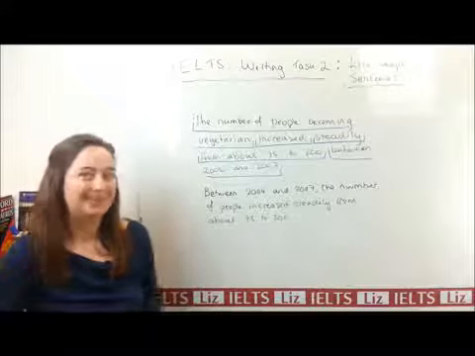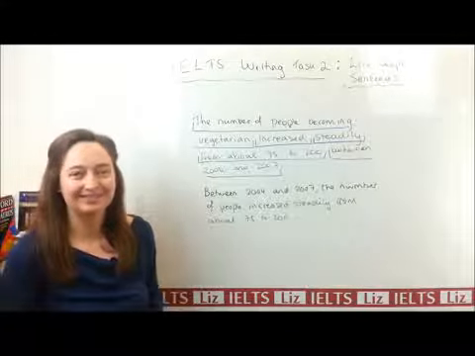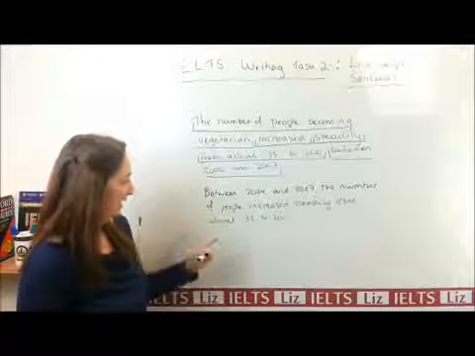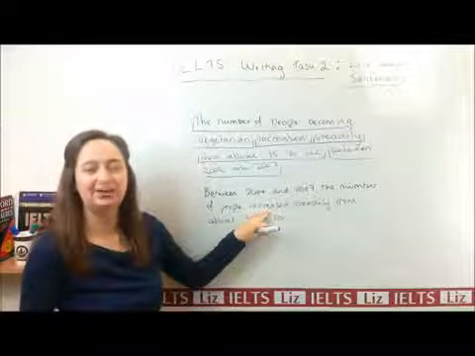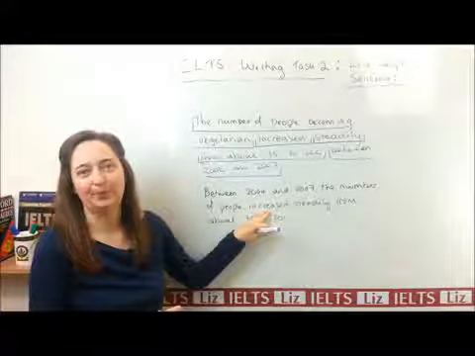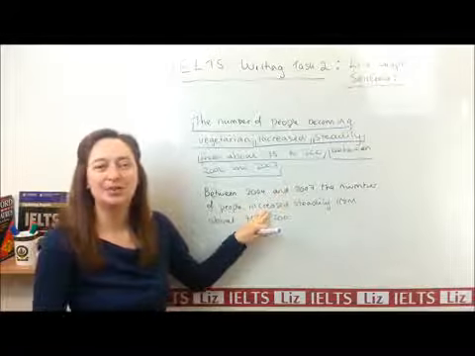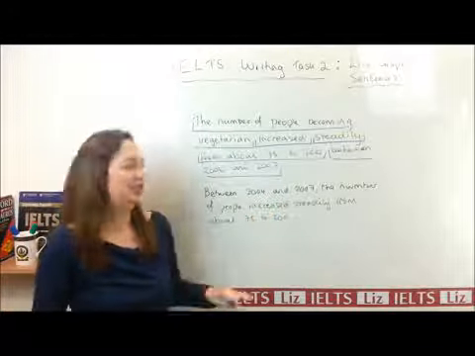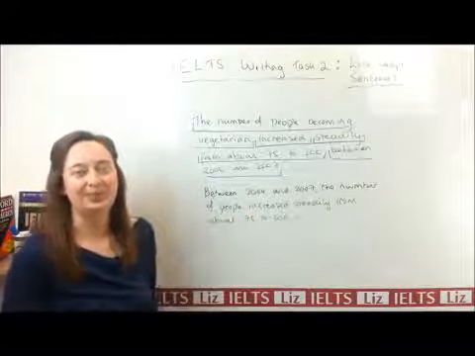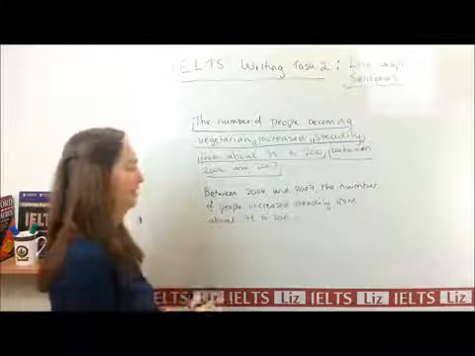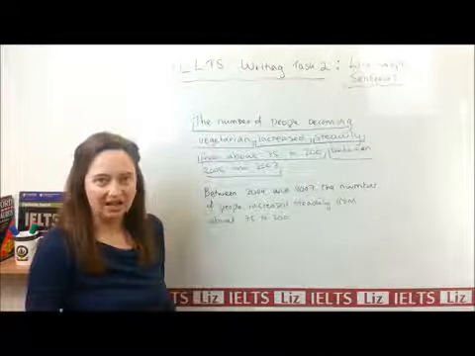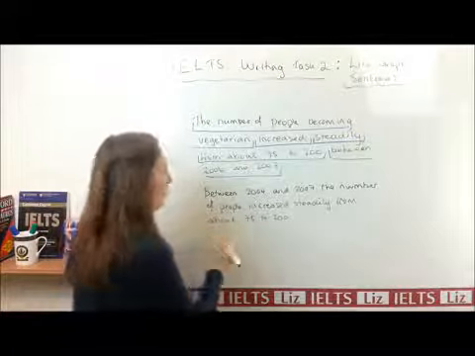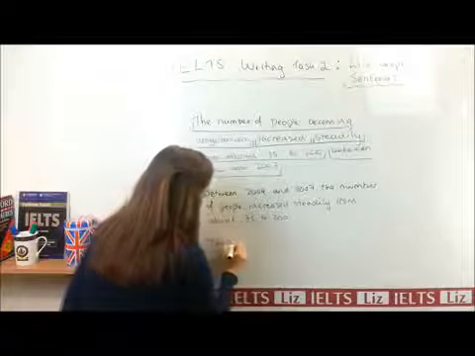Now, there are more ways. Let's have a look at another way. The next way I'm going to show you to change that is, can you see this word here, increased? Now, that's a verb, but we could also use it as a noun, an increase. So I'm going to write a sentence using this word as a noun. To do that, we need to start with there was an increase. We always start with there was, if it's past tense, of course. So there was,